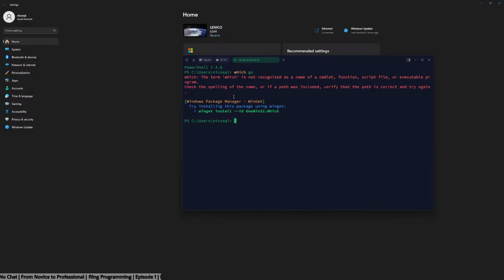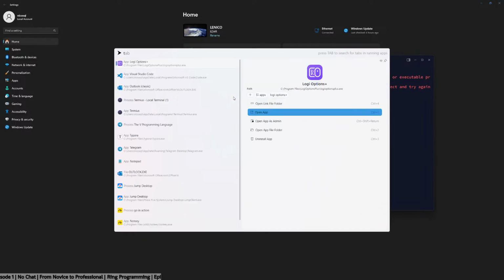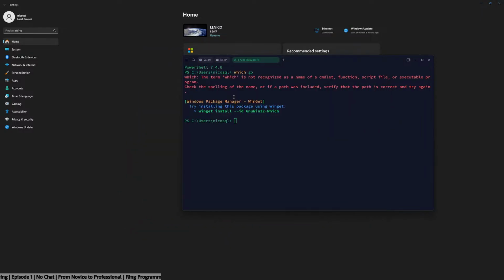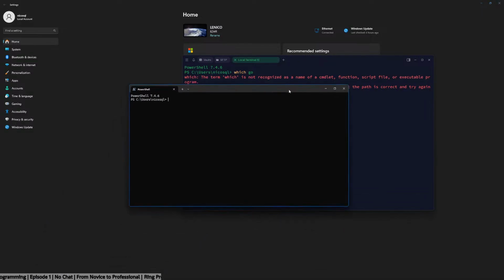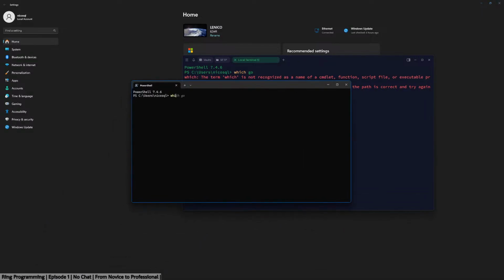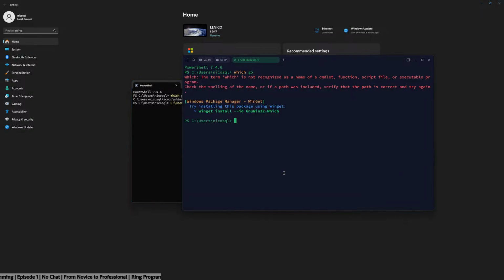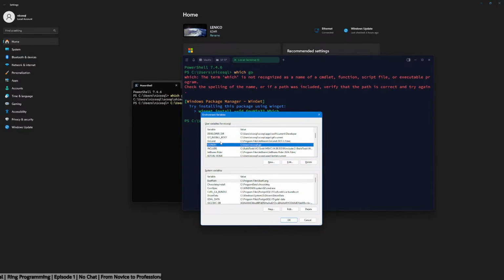What the heck? Sometimes Termius acts a little goofy. Yeah, there it is. Okay. Scoop. Oh, I should have installed it with Scoop. Scoop has literally never thrown an error for me. It's been so good, brother.